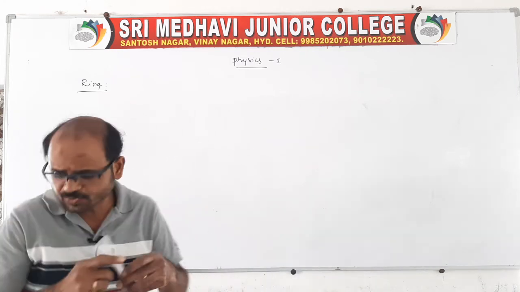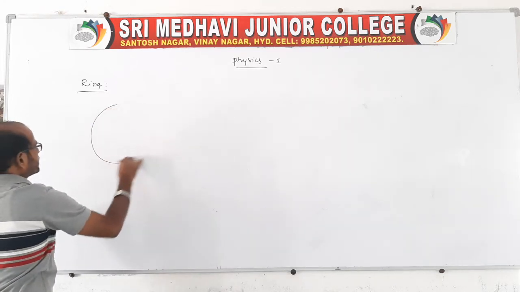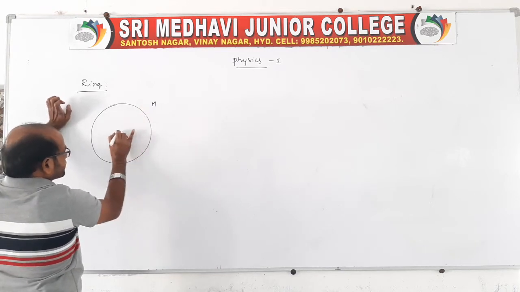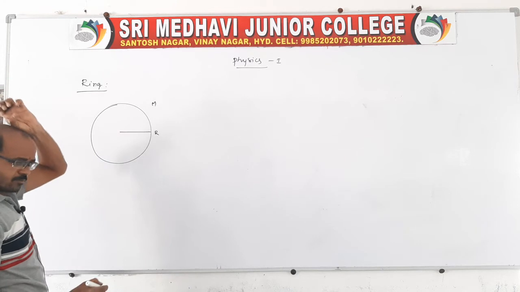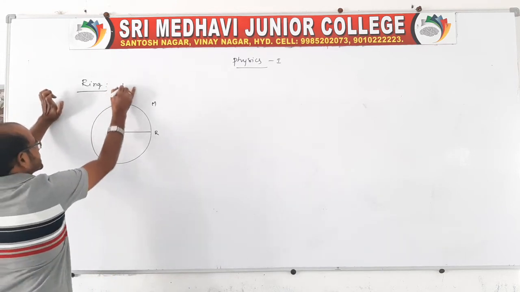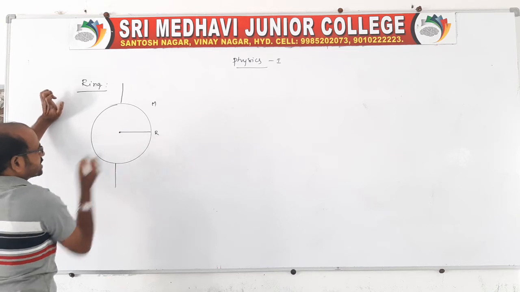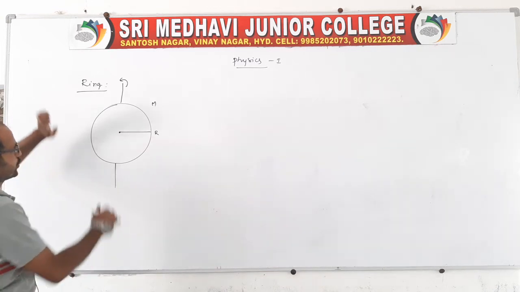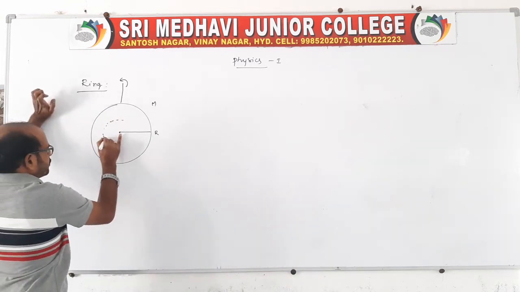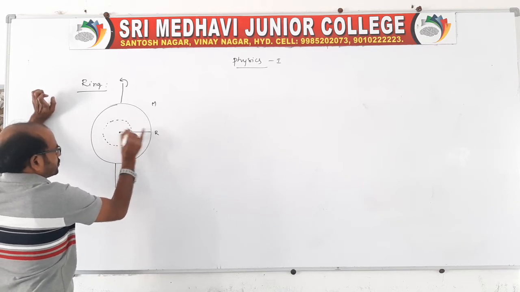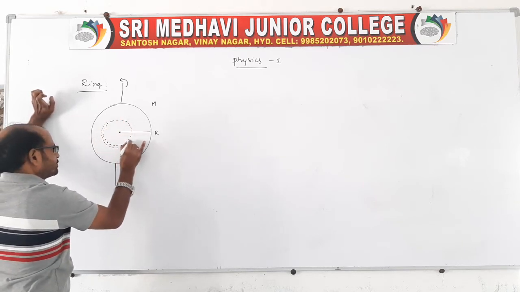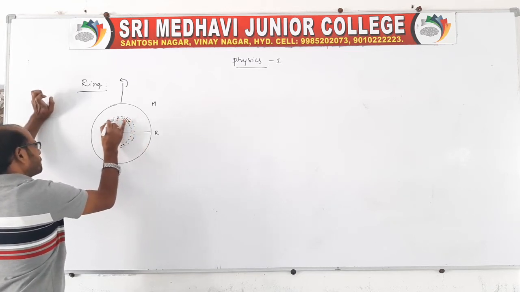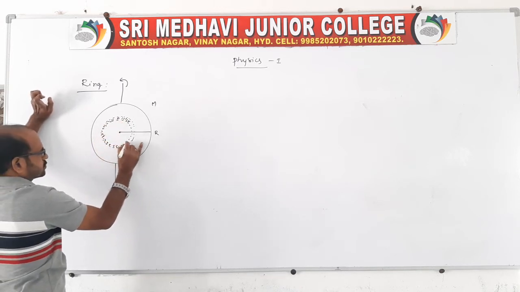So before that I will tell you the first one. You take a ring. Actually for a ring, at the center there is no mass. The mass of the ring is capital M, and the radius of the ring is capital R. Now, about an axis passing through the center like this, here it is a ring, and this is the center. About this axis it is asking. Again, how to do, sir? Then you take one small strip inside. I will tell you how to do it, I will not give you the complete derivation. So this is the thickness of the small ring, like this we can take.